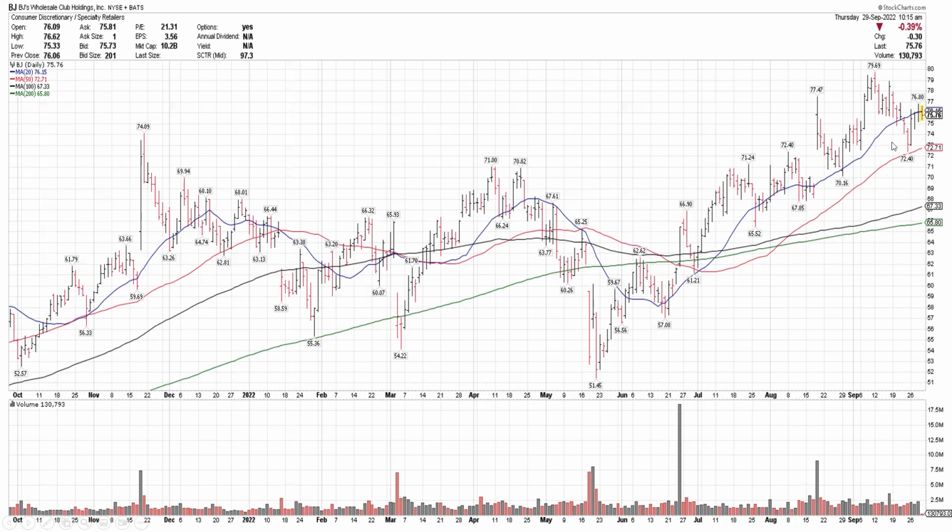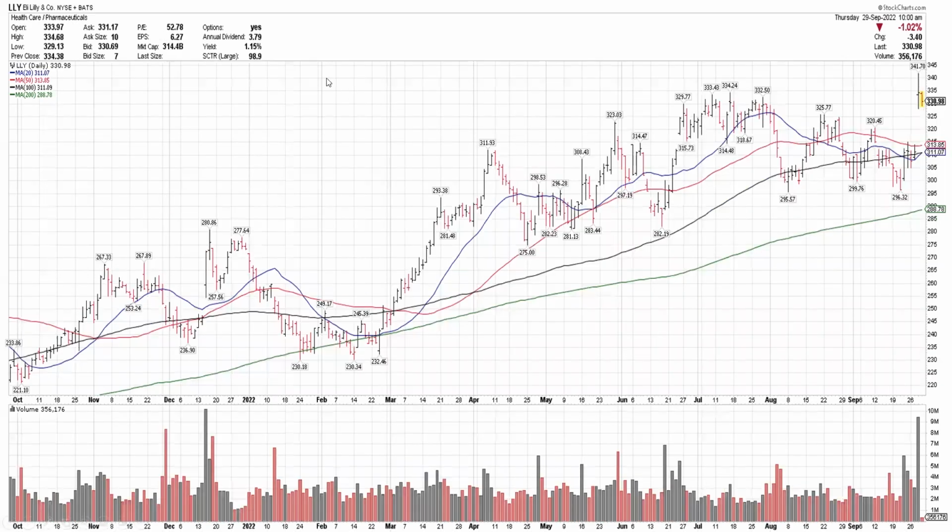So if it holds over 72, then I would give the benefit of the doubt to the upside. If for some reason it loses this rising 50-day and it loses 72, then I would move that chart off of my list. So once again, a lot of what happens with most of these stocks could be based on what happens in the markets overall. But BJ's, for those that are looking at either building positions or building a watch list, that has been holding up very well. And then Eli Lilly, they're a mega cap leader in the healthcare